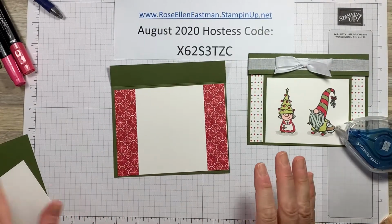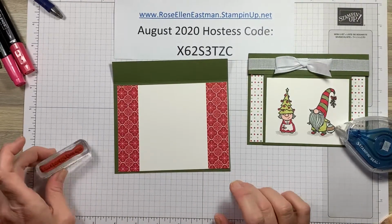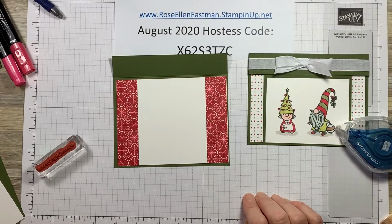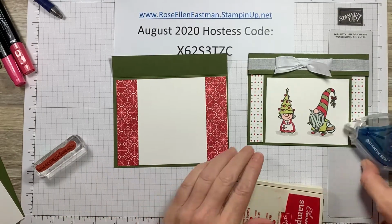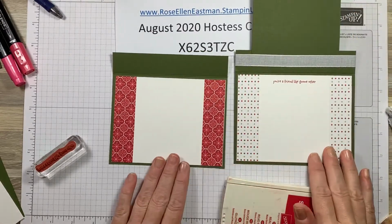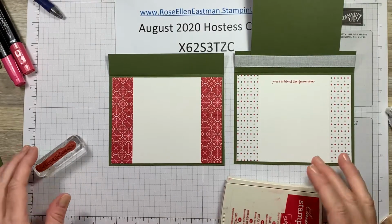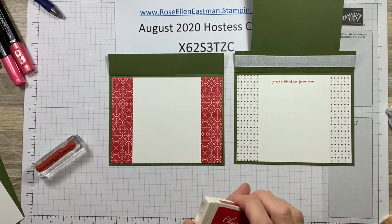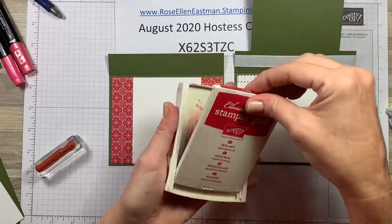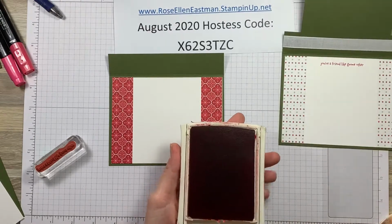Now the next thing to do is put our sentiment in there. Now often I will tell you that I want you to stamp before you stick anything down. But in this instance, I wanted the sentiment centered on the inside of the page here. So you wouldn't really necessarily have an easy time getting it right if you're just stamping it without the Designer Series paper. So I'm going to open up my Real Red ink pad, flip it over, scoot that out of the way,